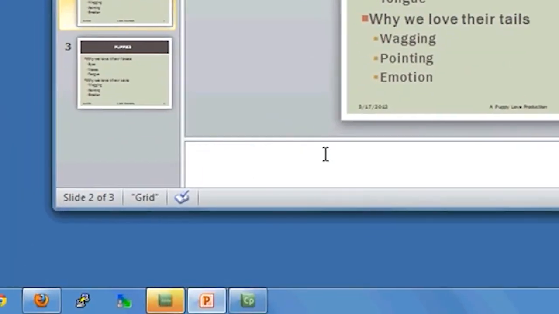Also, in the notes section, notes are a little bit different. Notes are not going to show during the presentation, but notes can be shown on a handout, and we're going to look at printing a handout in just a second. So notes would be like teacher notes, things that if you were going to give this presentation to someone else, you could put